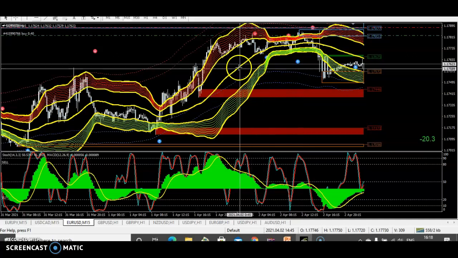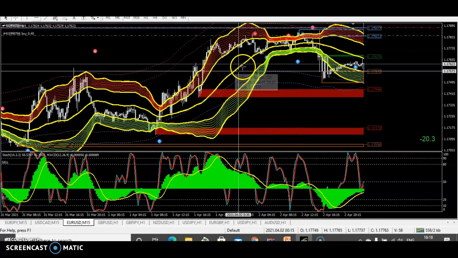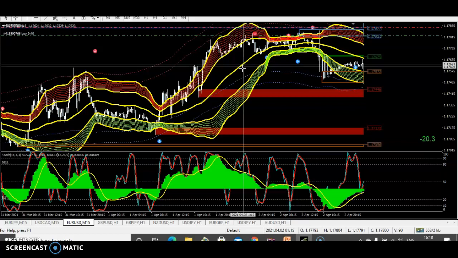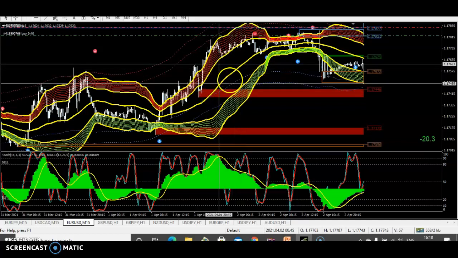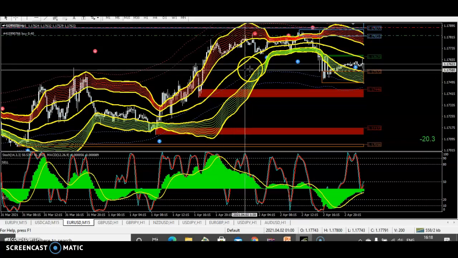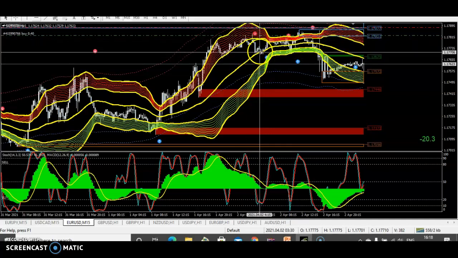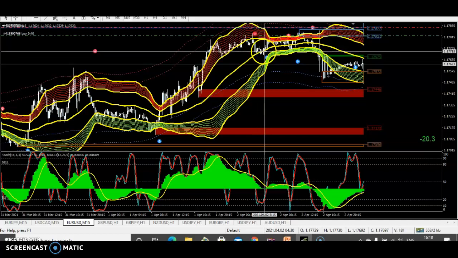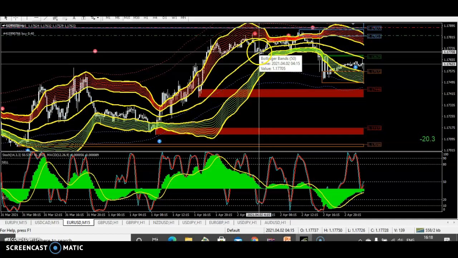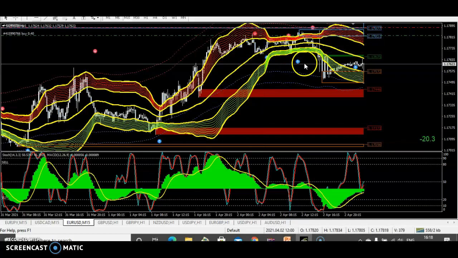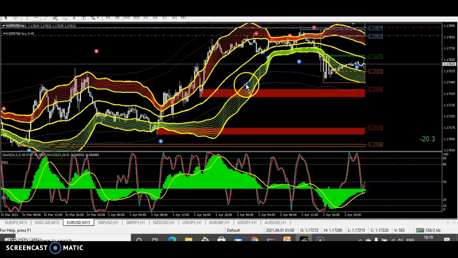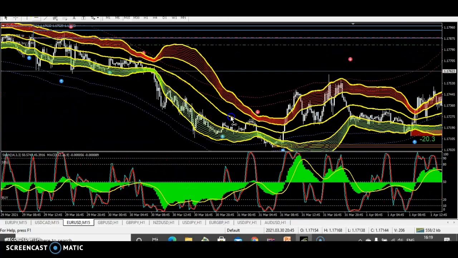You see here, and the center Bollinger Band is basically going to work as a support and resistance. I will repeat again, the center line of the Bollinger Band will work as a support and resistance. See here, as soon as we got the signal, it touched this line, the middle of the Bollinger Band, so it has worked as a support over here, so it went back. So sometimes you need to take care of this also. Even this time is market closing time, and even the last day, Good Friday, was there, so that's why there was no trading movement.